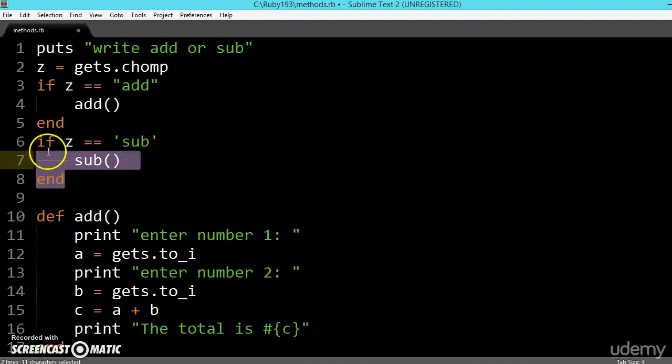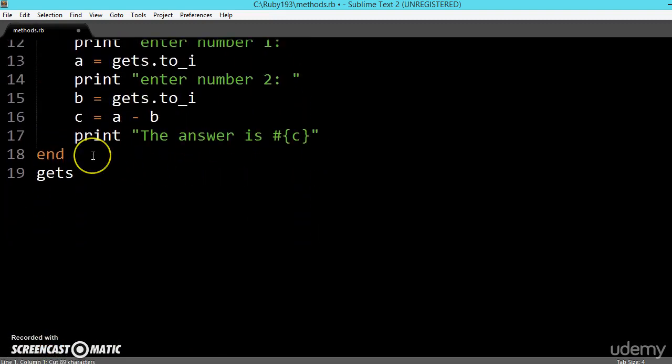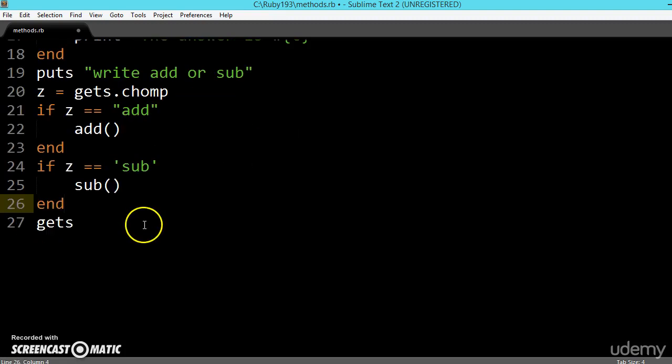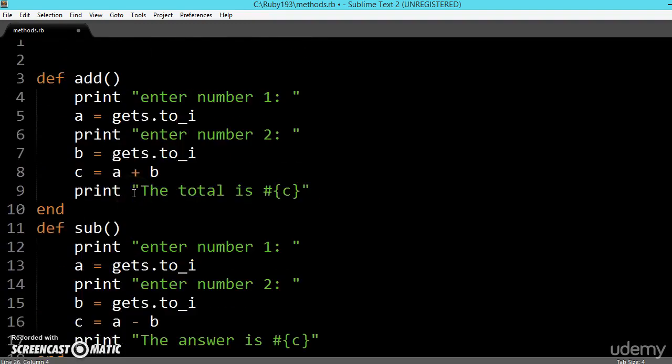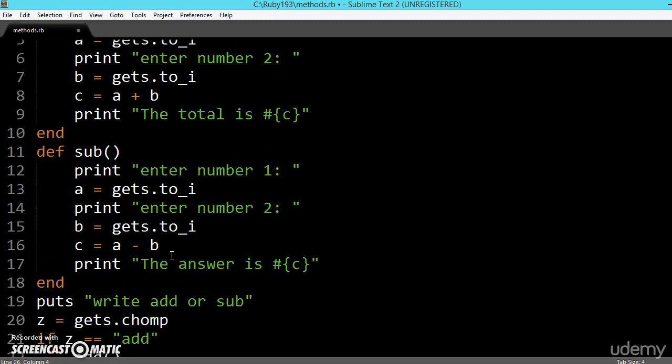Let me copy this, and we will write the program after declaring the functions. So the system is never getting those functions. So now we will paste here. So it is not the problem of parentheses, it is the problem of where we have written it.